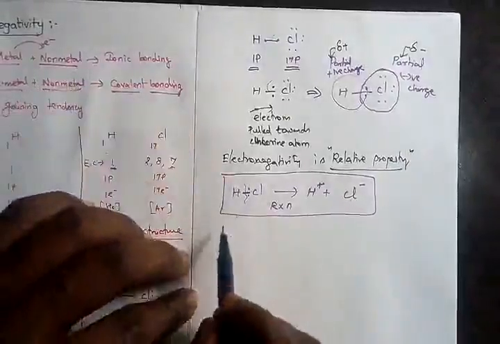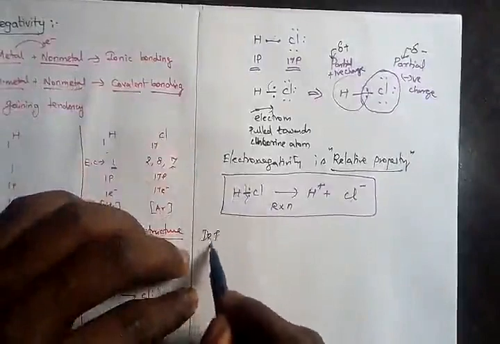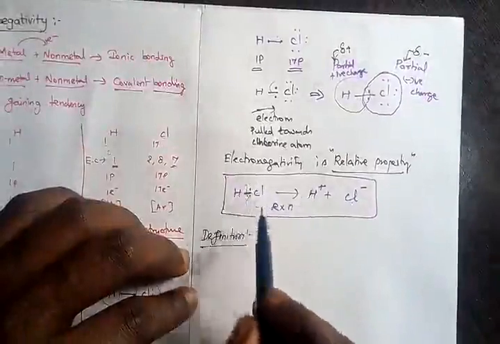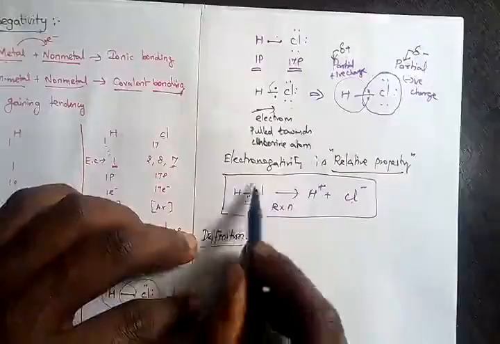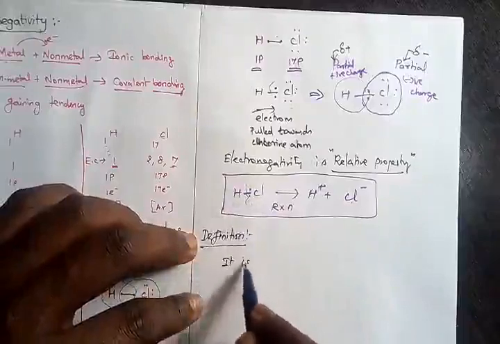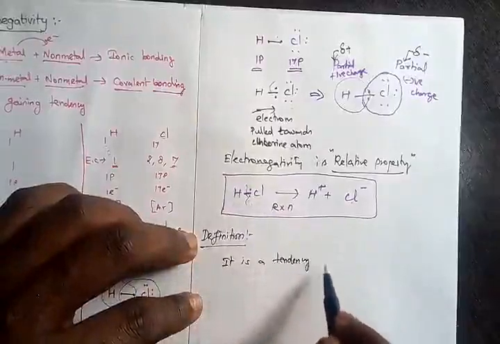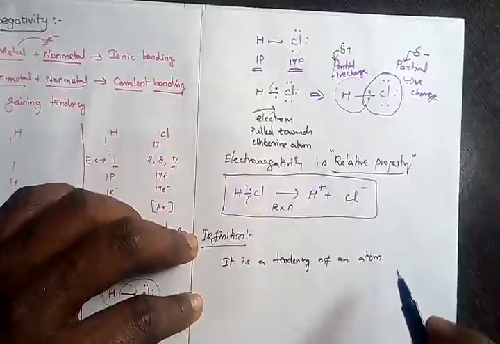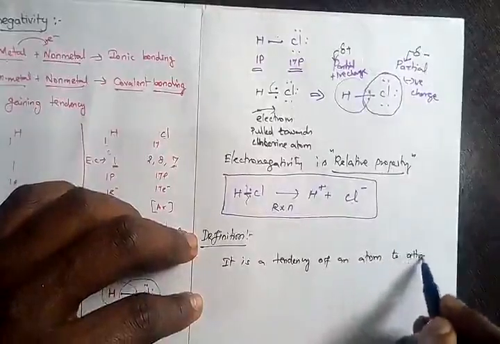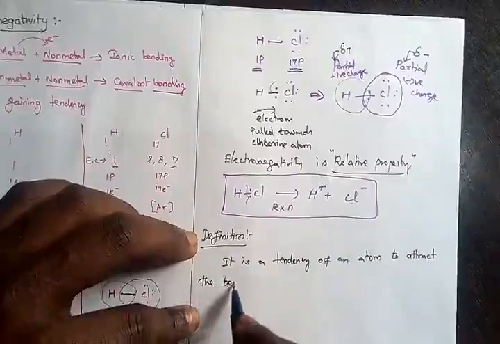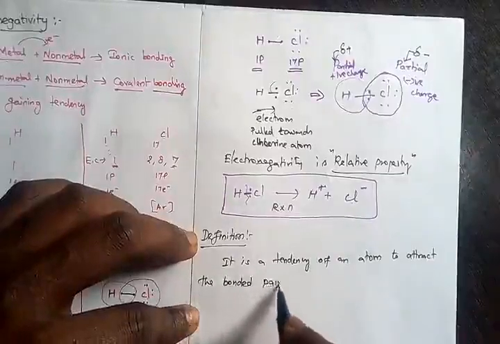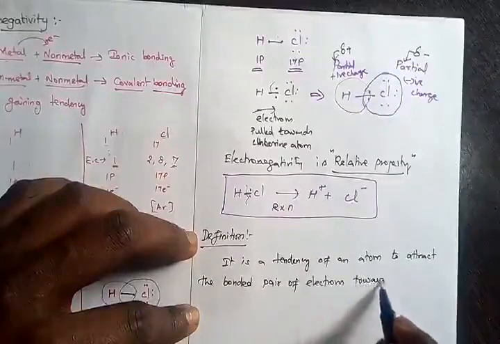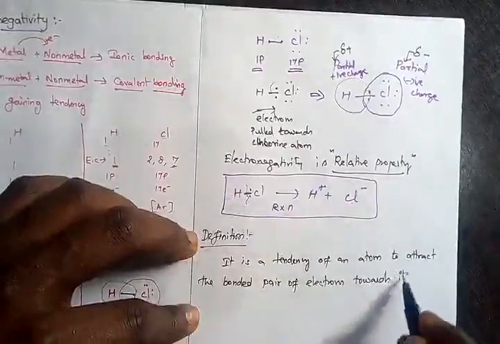So what is the definition of electronegativity? You know that definition. Here, one atom pulls the bonded pair of electrons towards itself. Right? So can I say it is a tendency of an atom? It is a tendency of an atom to attract the bonded pair of electrons towards itself,